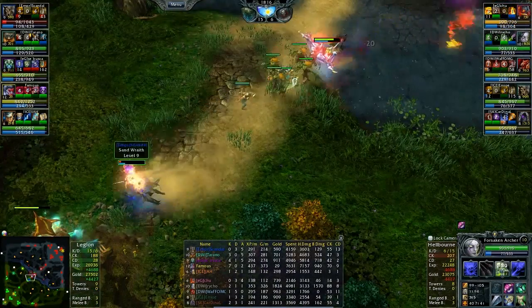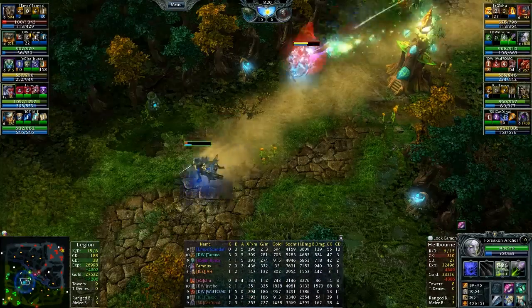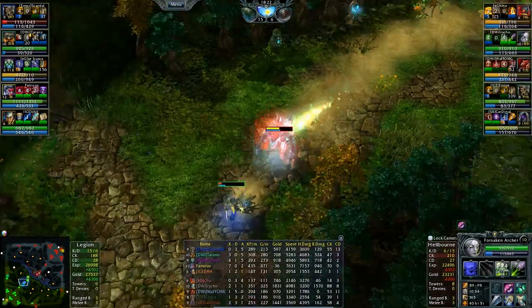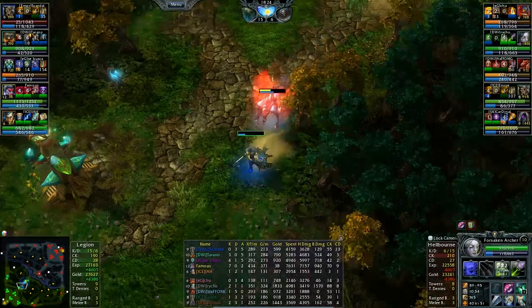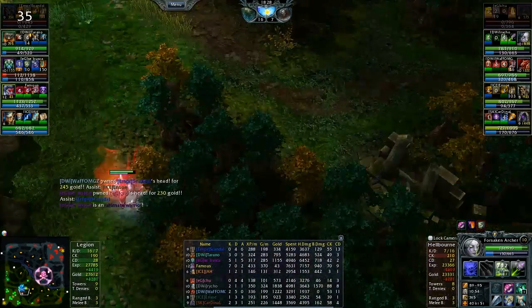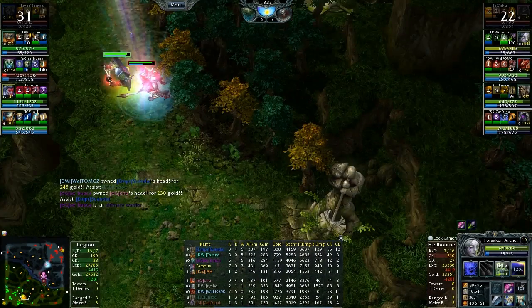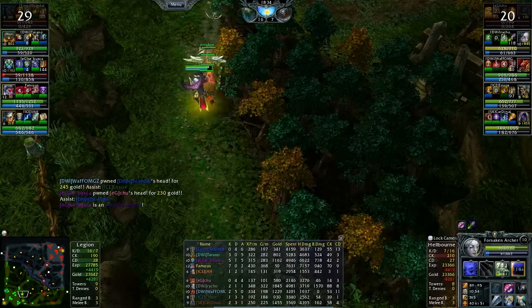Oh, that's so unfortunate. Bloodhunter just has to be so upset right now. And he's just going to tower dive. He doesn't give a damn anymore. He's going to go up here. He's going to try and get the kill onto Sandwraith. Is he going to get it? Yes, he does. And it goes ahead and heals him back up. So definitely a little bit of gutsy play there, as he's still got his flight going. Oh, TP'd out. I was wondering how long...